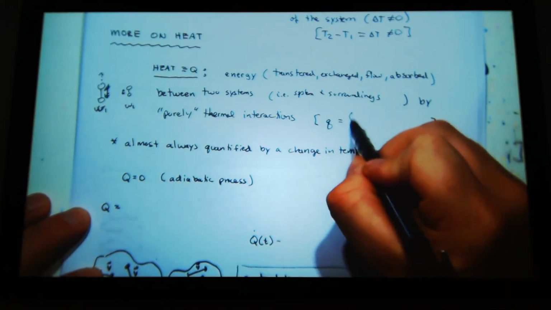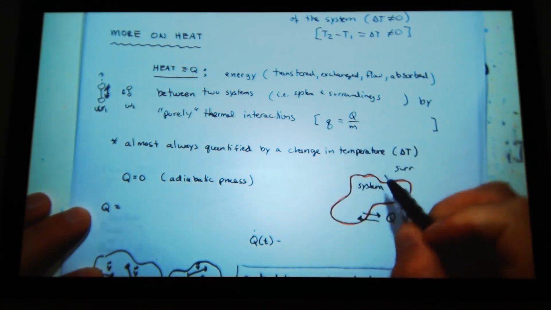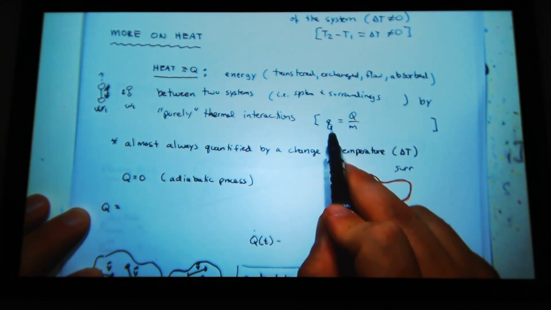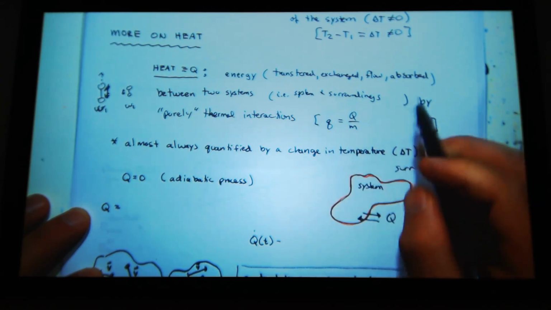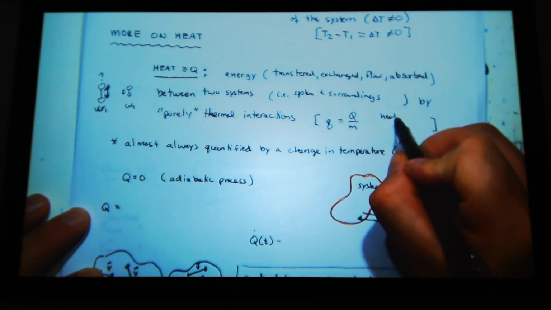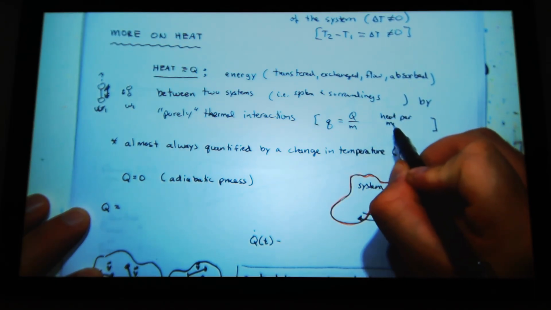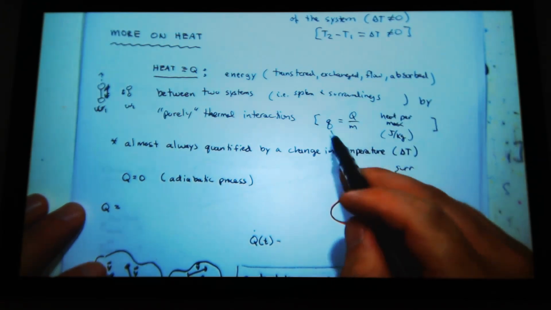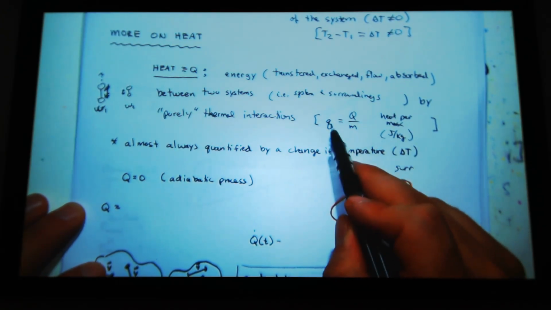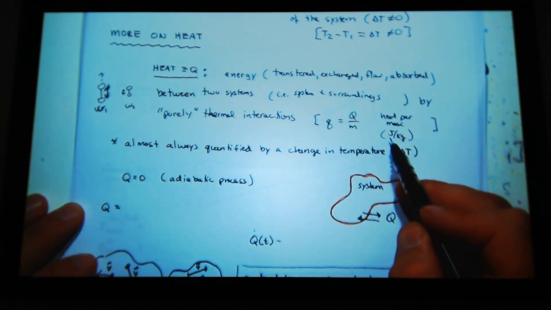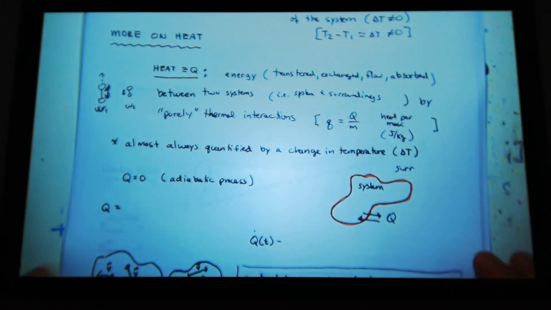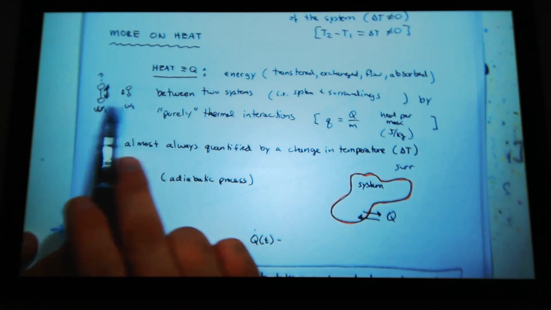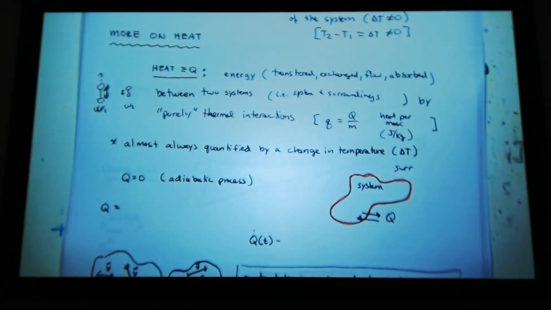Another way to look at heat, just as a side note: Q, there's a small q, so I can write small q is big Q over m. So this is joules per kilogram, heat per mass. Sometimes we use small q, sometimes we use q dot, so heat flux. Okay. So heat by purely thermal interactions, this example I gave here,